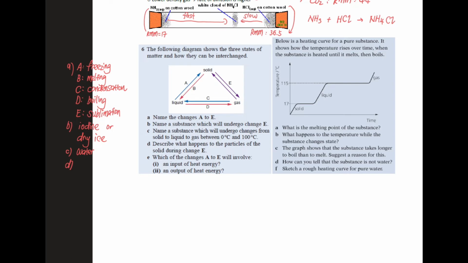Now let's look at D. Describe what happens to the particles of the solid during change E. What happened to the particles? They gain heat energy and